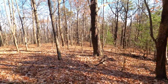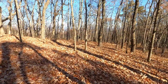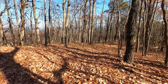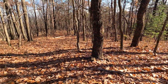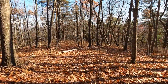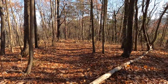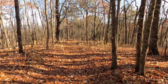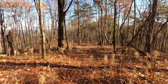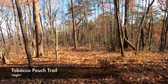We're making our way off of this hilltop from that junction, and it should be taking us out on a ridge, kind of planing out, and we can see that on each side of us the terrain drops off. It's still got a good bit of trail left to get back to the truck, but I think our big climbing's behind us, which is good. I wouldn't recommend coming this direction. I mean, you got to get up there either way if you're going to do this loop. But certainly that Tobacco Road, or whatever it's called,